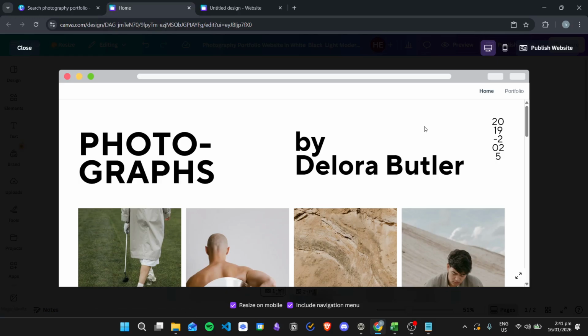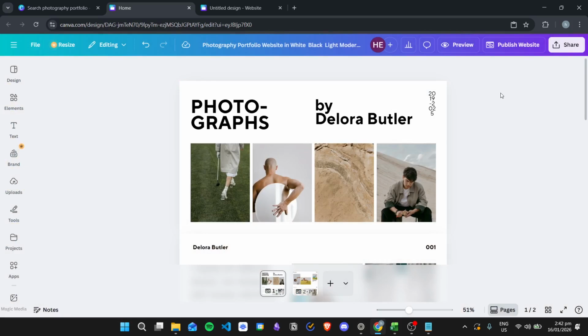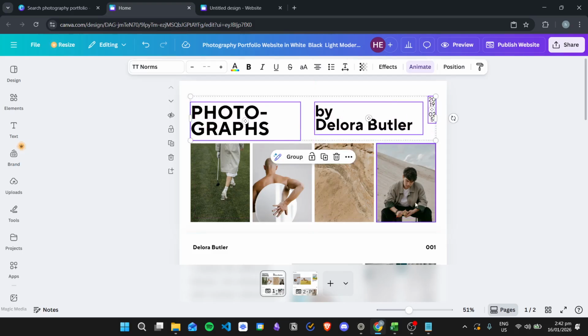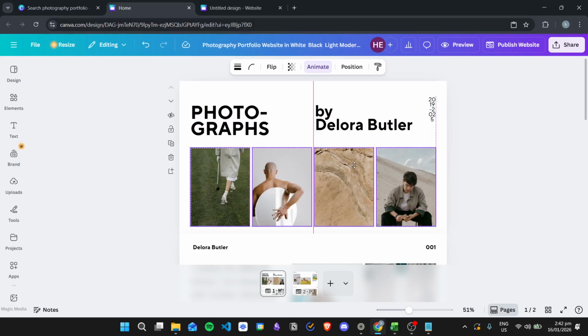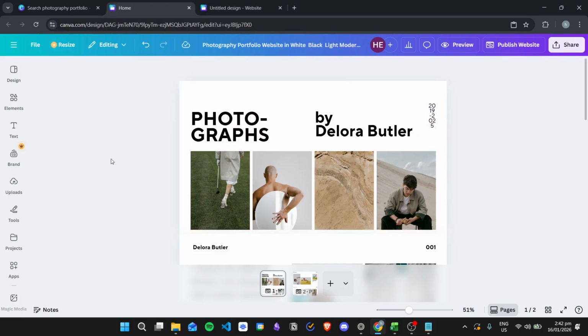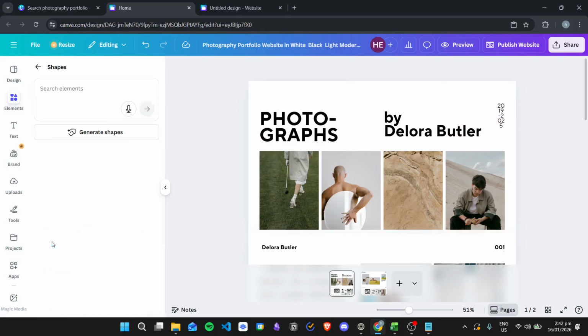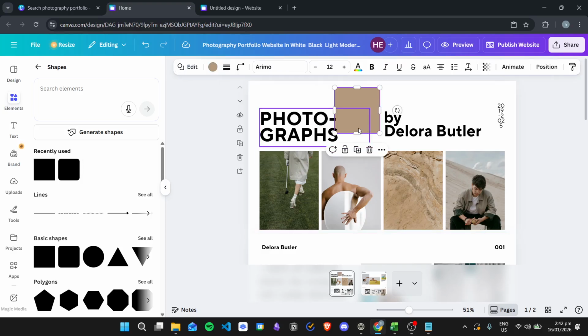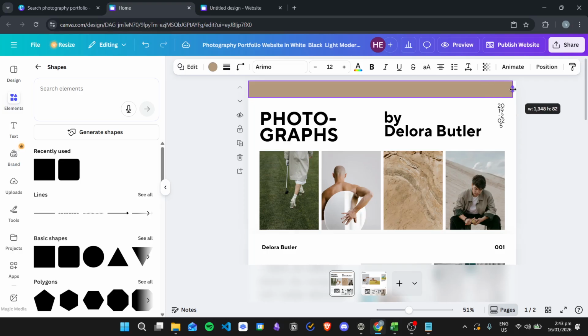So what you can do is that if you want to create custom headers, we can use hyperlinks for that. So for example, if I want to create a custom header, I can go back to Canva. Then from here, I can move the elements right here so that I can have enough space for my header. So from here, I will go to elements, I will go to shapes, and I will add a basic square shape. Then from here, I will adjust the size of the square so that we can have our header